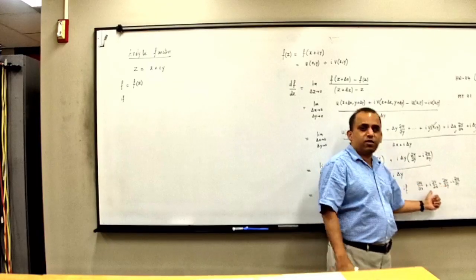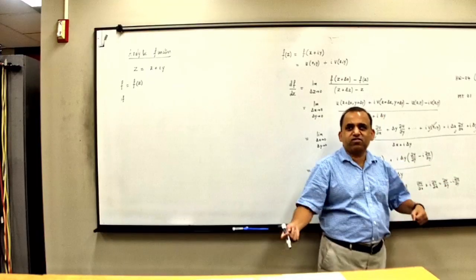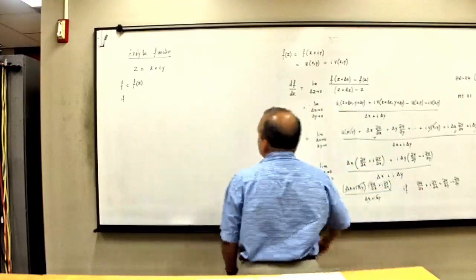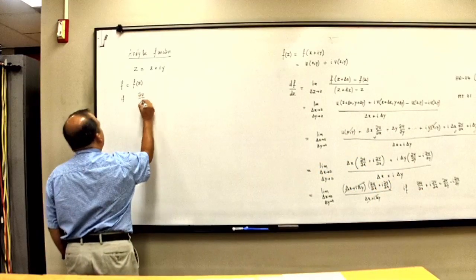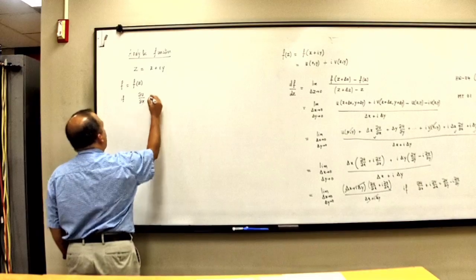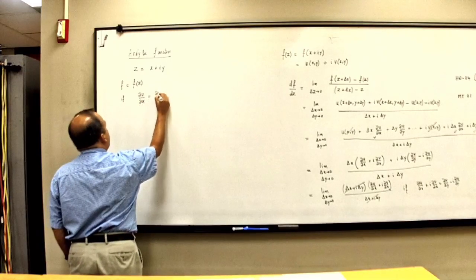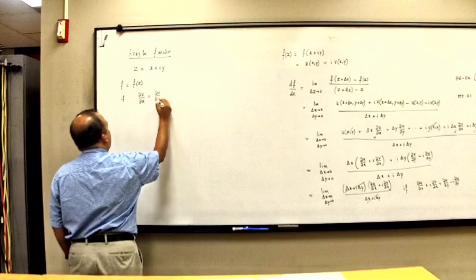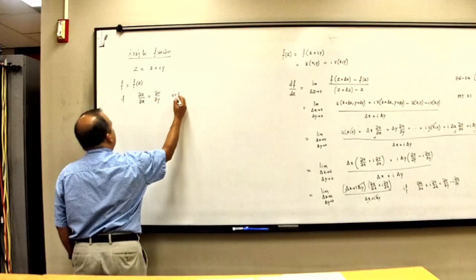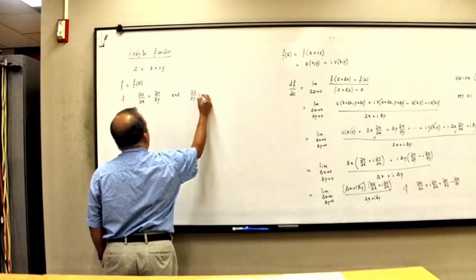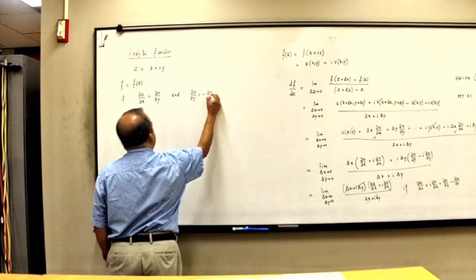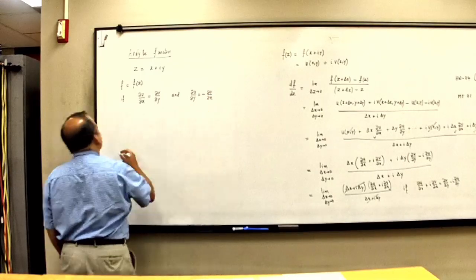So if two complex numbers are the same, real has to be the same, imaginary has to be the same. So this will be if du by dx is equal to dv by dy, and du by dy is equal to minus dv by dx, then